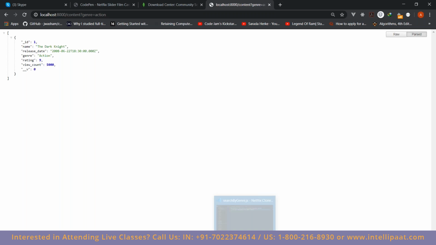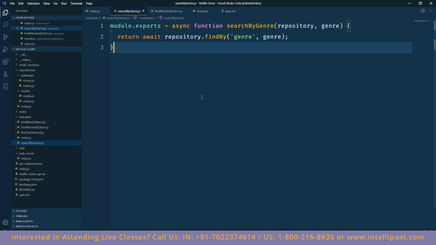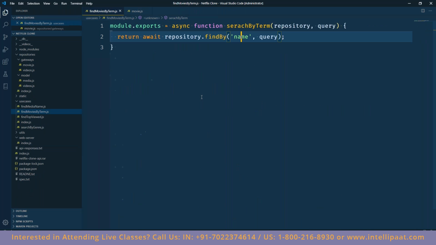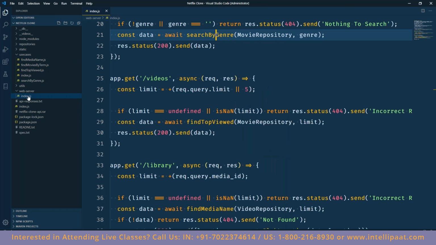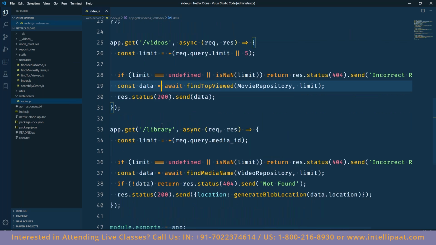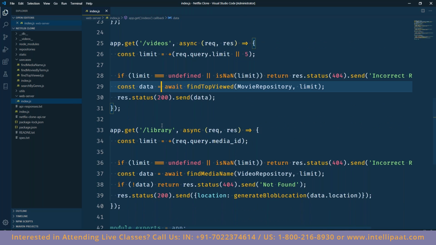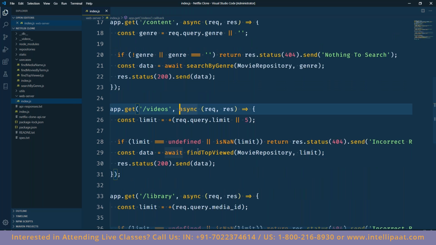Okay, now that we have the data, I won't be showing you the entire code. This will be uploaded and you can take a look at that. But what I wanted to show you next was inside the web server. We have the videos library. So we find the